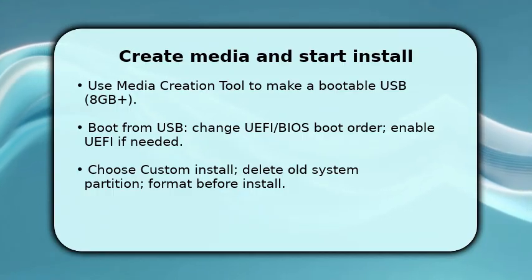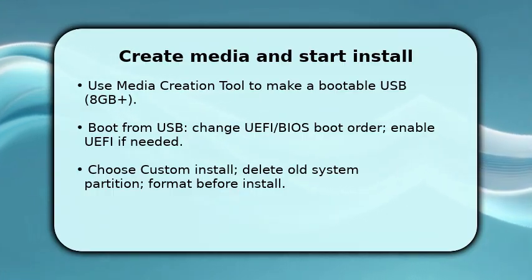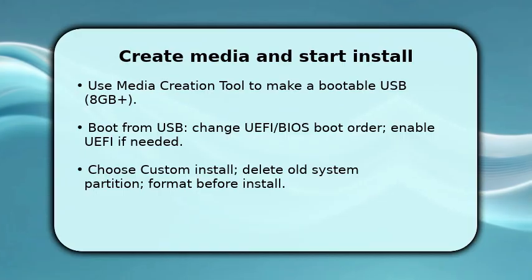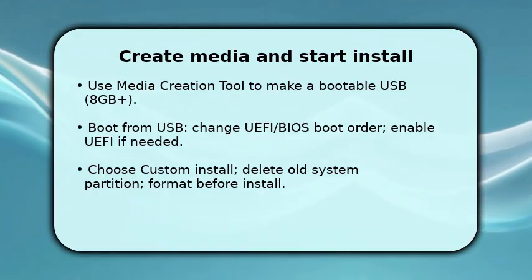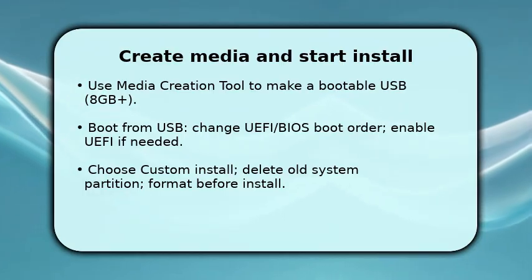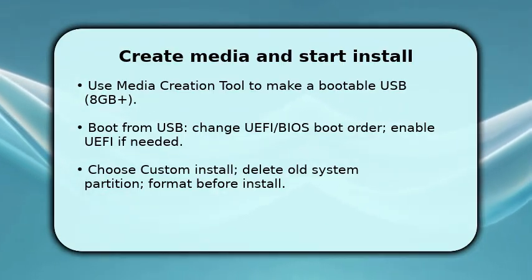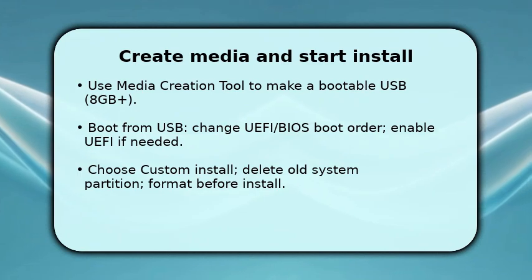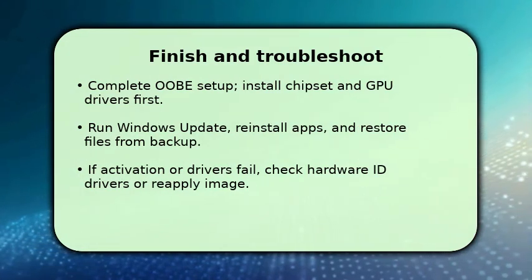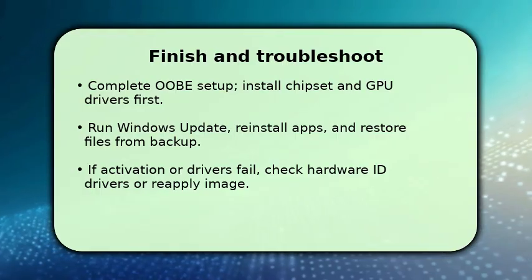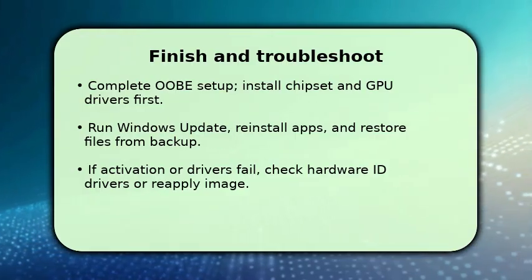When the installer runs, choose Custom Install, delete the old Windows partition, and format the target partition. This removes the 32-bit system, so you get a fresh finish by completing the out-of-box setup and immediately installing chipset and graphics drivers to stabilize performance. Once configured, run Windows Update repeatedly, reinstall your applications, and restore personal files from the backup